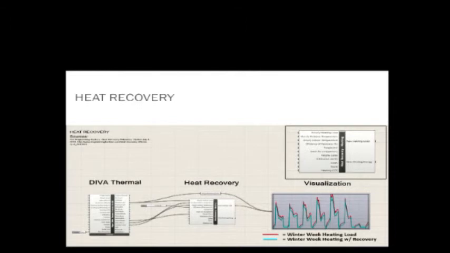And same thing with heat recovery. So we are using the exhaust stream and seeing how much we can recover, and you can plot the chart and see whether heat recovery is something that is conducive or not for that project. And of course, sometimes the fan energy for running the additional CFM or passing it through the enthalpy wheel is going to be higher than the heat recovered. So we want to make sure that it is feasible in that particular project.